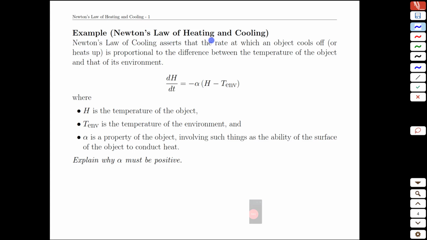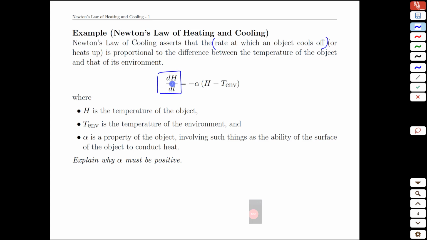In this video, we're going to explore the model behind the heating and cooling of standard objects in the environment. And this is Newton's law of heating and cooling. The assertion that Newton made was that the rate at which an object cools off, and that would be represented